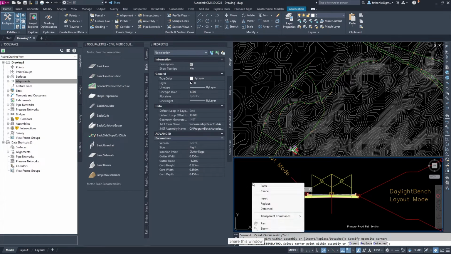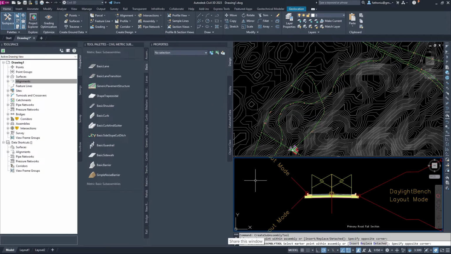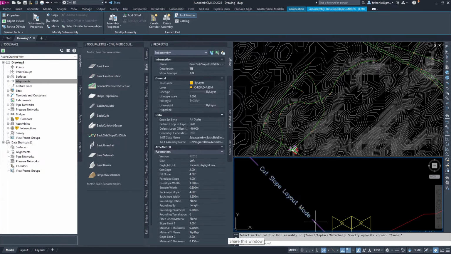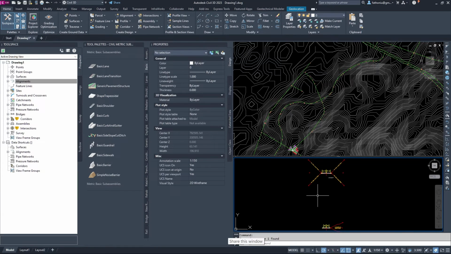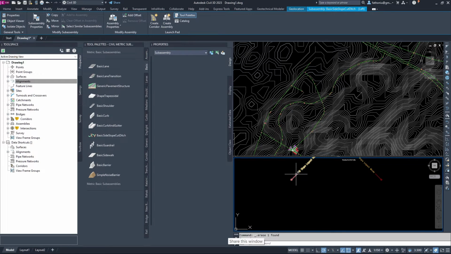Oh no, cannot. When you copy from others and put it here, then you need to, let's say, delete this one, and then I take from the other assembly, Ctrl C.